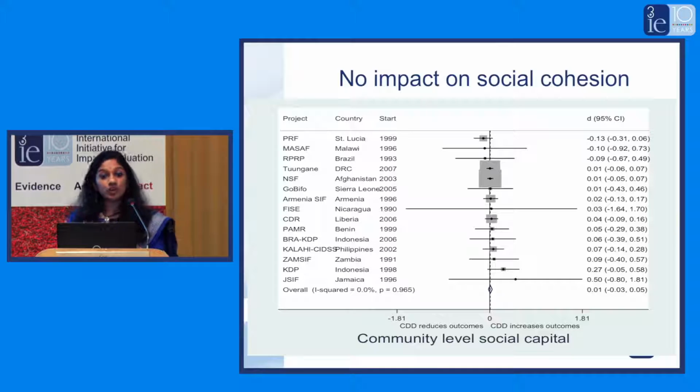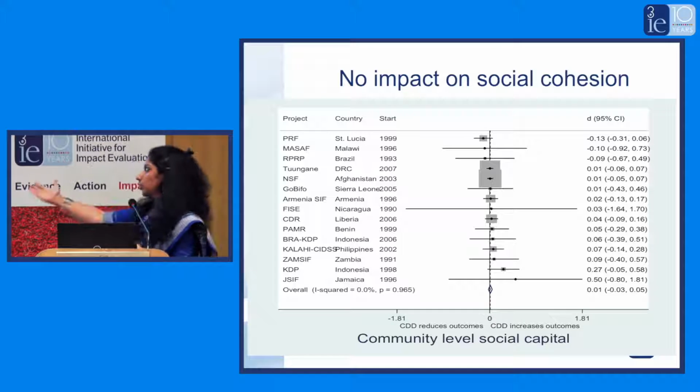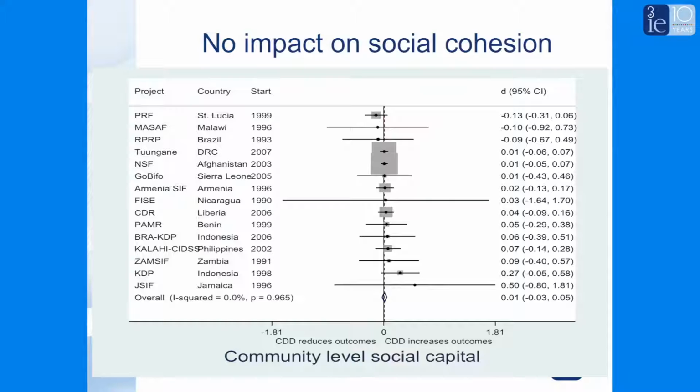Finally, moving on to social cohesion. This is what we call a forest plot. And I like to think of it as not missing the forest for the trees. So you get the big picture. The studies are plotted along here, as you can see, from different countries. The horizontal line is the confidence interval, and the vertical line is the line of no effect. And as you see, the closer the effect size is to the line of no effect, it means that those programs don't have an effect.